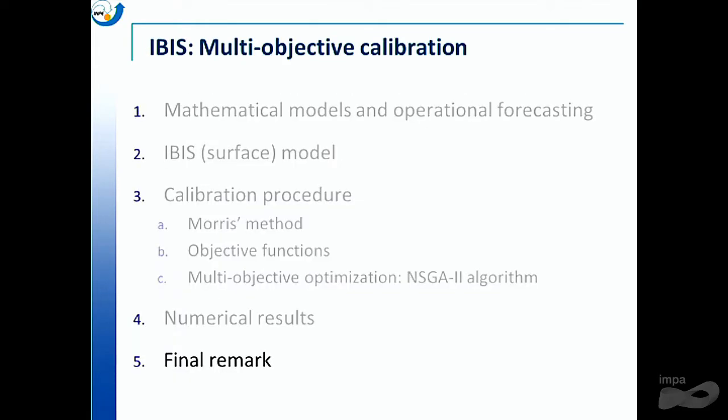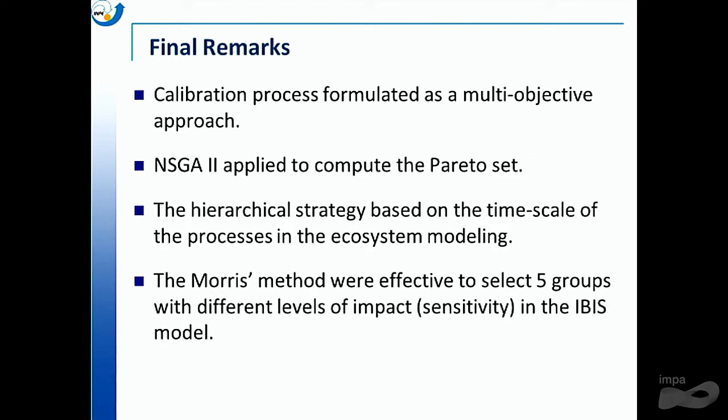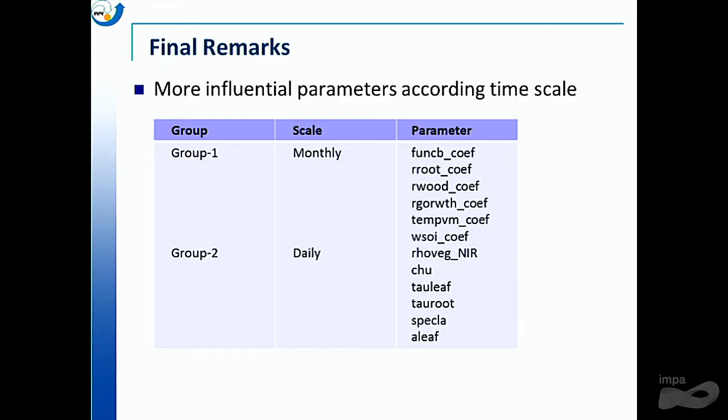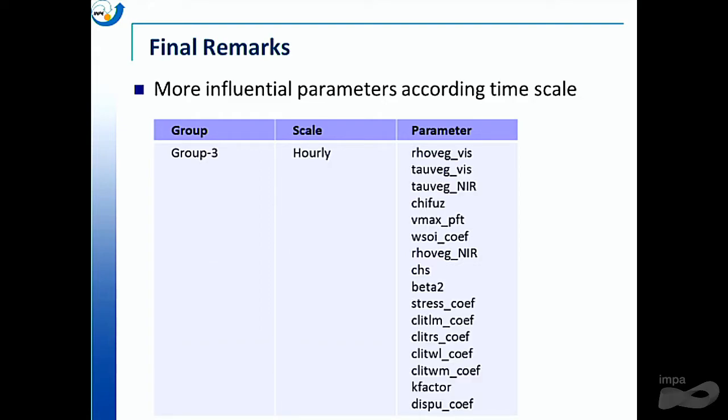Okay, and so my final remarks: the calibration for the process was formulated as a multi-objective approach, and I used this version of genetic algorithm to compute the Pareto set. The hierarchical strategy based on time scale of processes in the ecosystem model was effective, and the Morris method was effective to select 5 groups with different levels of impact sensitivity in the IBIS model. And this is just all put together in terms of the groups of relevance for monthly, daily, and hourly,